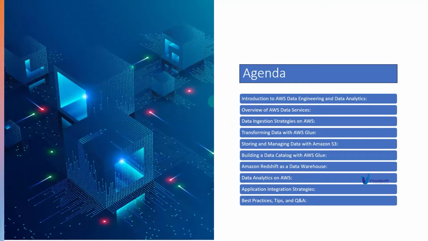Whether you name databases, DevOps, testing, AI, or machine learning, it has it. Even if you want geospatial satellites, it has that. Even if you want to work with Bitcoin or IoT devices, it has that too. It has almost 300 plus services available, but we'll be focusing only on the AWS data services.